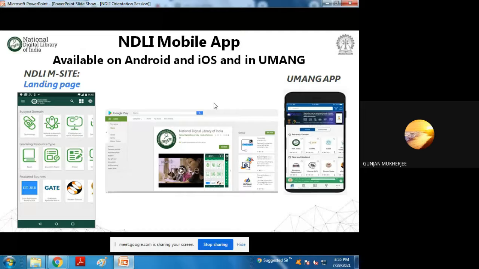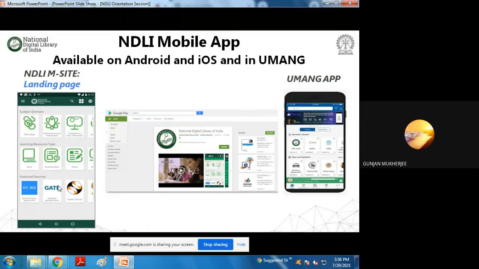Now, this is all about the mobile app of NDLI, because just like the NDLI website, NDLI has now reached huge numbers of people across India, all across the globe even, and that has become manageable and possible only because of technological upgradation. Nowadays we can very easily access any particular portal through apps, because the mobile is a handheld device that's very handy. That's why through mobile apps, NDLI has also reached different categories of people. This is the interface of the app shown.